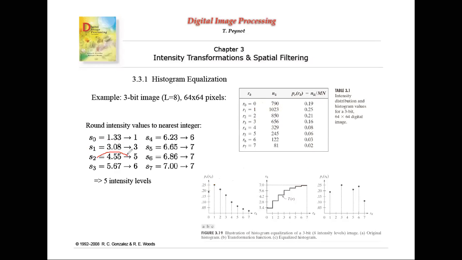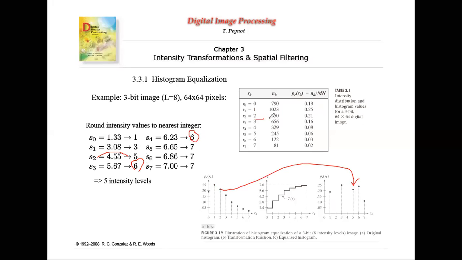This means all those pixel intensities in the dark gray now shall be put here. You can see this thing has been moved here. Now there is an interesting one. You can see S3 also we got the value 6. S4 also we got the value 6. So all the pixel